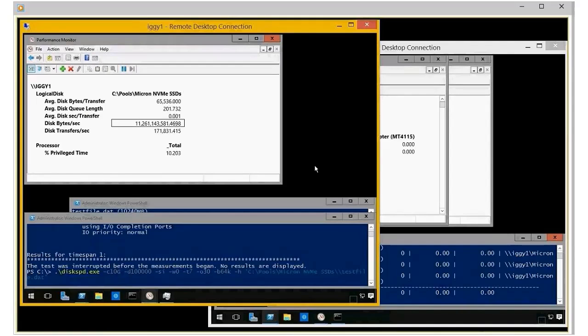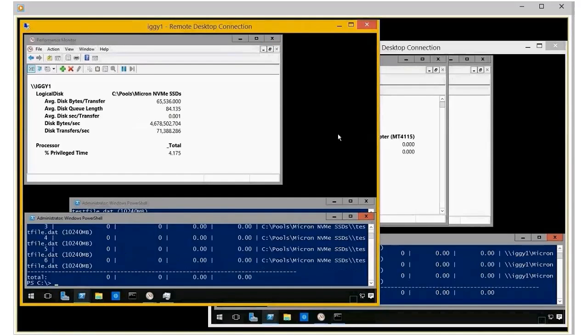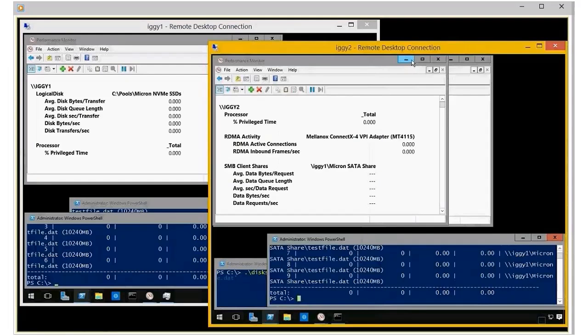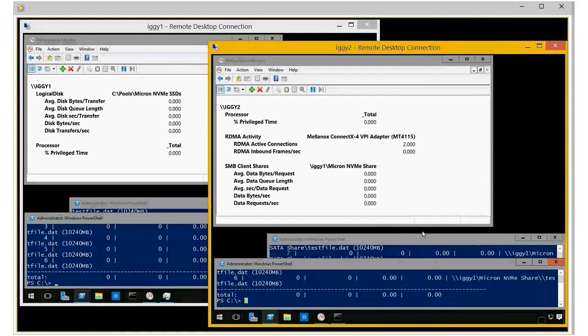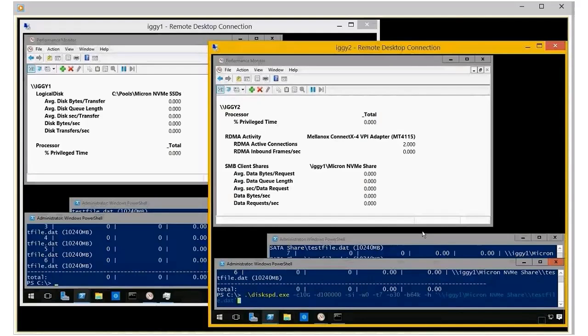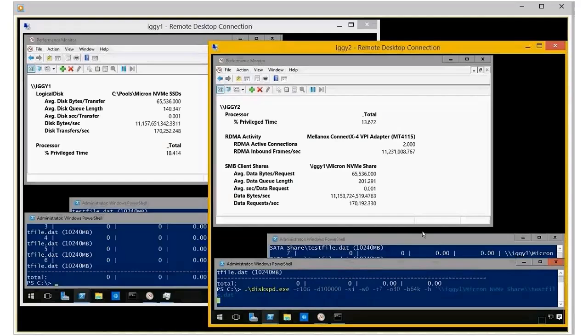Okay, now I know what you're thinking. How about if we do this remotely? Let's stop this workload and switch to IGE2. As we switch there, we're going to start the same workload, but this time remotely. The hope here is that we're going to put good workload on this system. You can see I am actually doing almost the same number, 11.1 gigabytes a second,